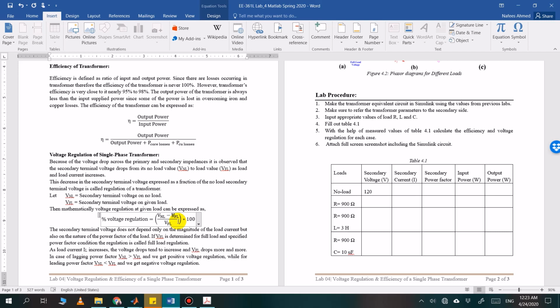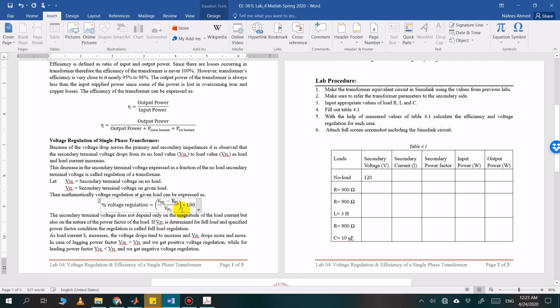So this is the standard limit of voltage regulation in Pakistan. Voltage regulation is important because if you know the voltage regulation, then you will know exactly how much voltage you have to send from the input so that you will get the corresponding output voltage at the receiving end. Okay, so